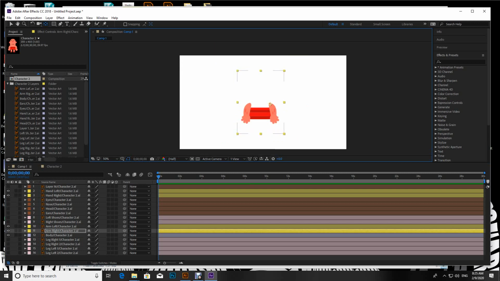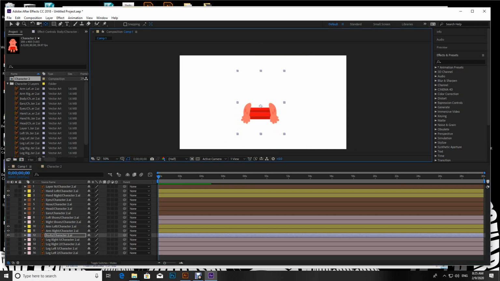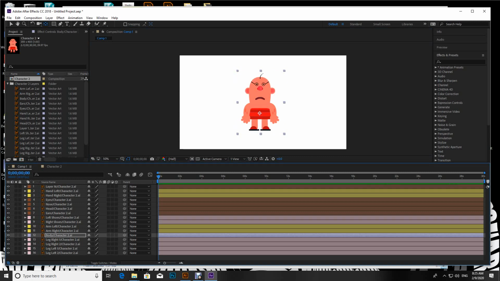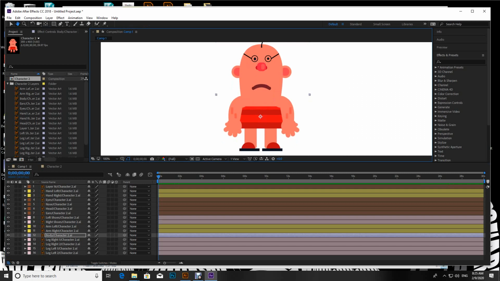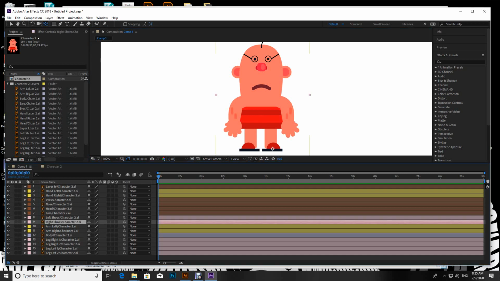Okay, and the last one is the body, and we can place the pivot over here. So that way all of my pivots are working fine, where the rotation is going to happen. The next thing is I need to connect the parts together. So let's start with the shoes. So the right shoes,